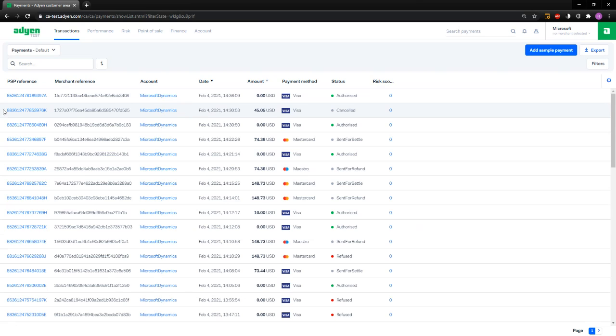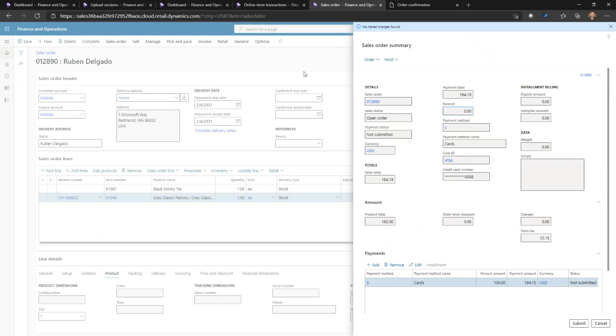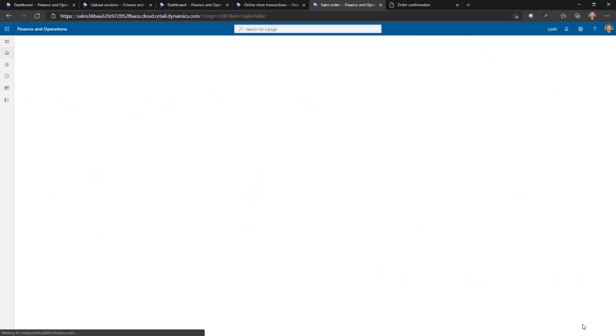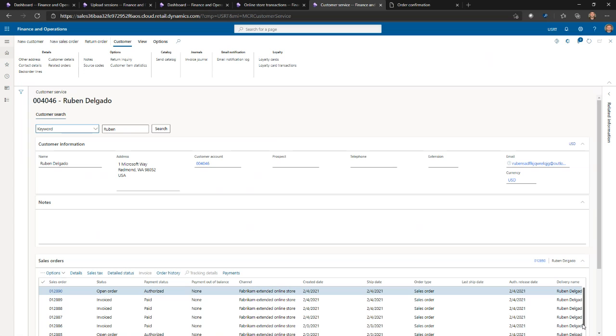So you can see the original payment I provided for my tie, and that's already canceled. Back here, we've added this tender line to my order, and I'll click submit. At this point, that order will be updated in the back office, and a new authorization will be requested for my personal card.